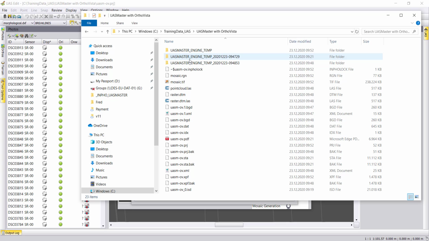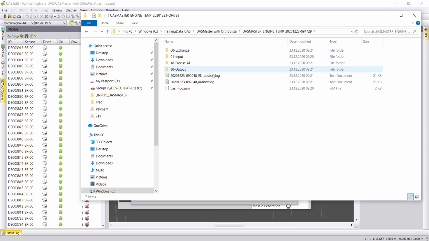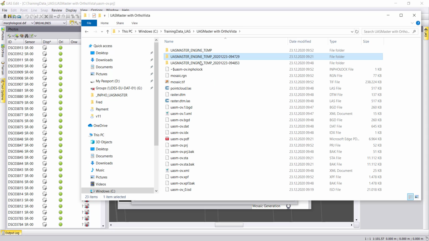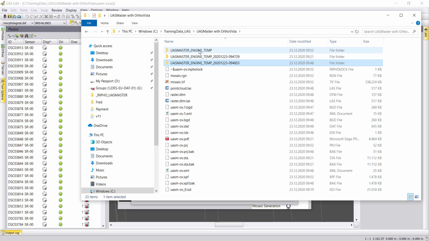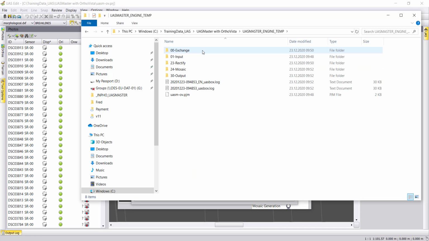Each of these temporary subfolders contains one of our processing steps. So here I did run a post process to be assured that my images are well oriented. Then the next step is our terrain extraction. So here we have the feature-based matching run that stores all the temporary files. And now in this temp folder, we have our orthophotos, which are stored in the subfolder